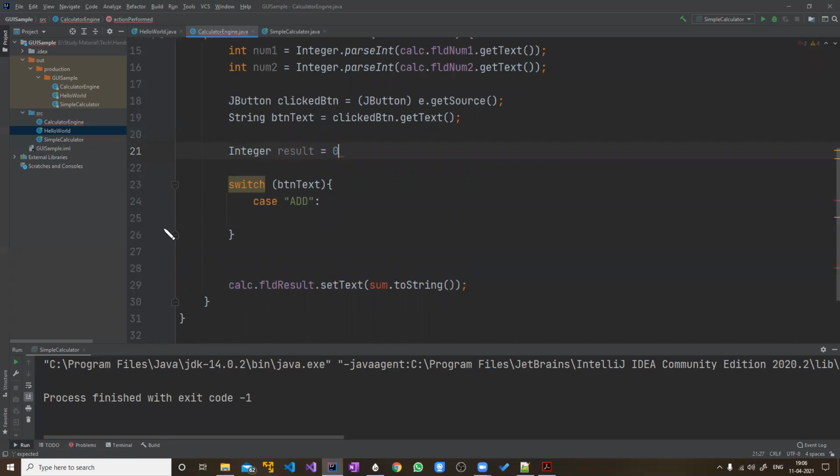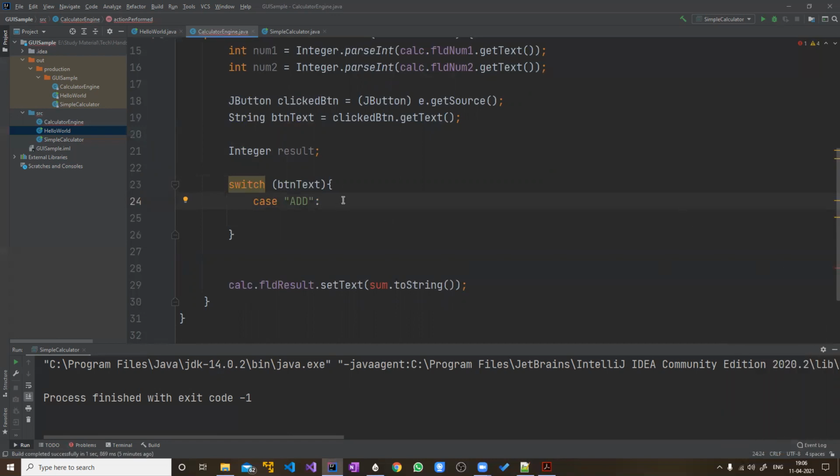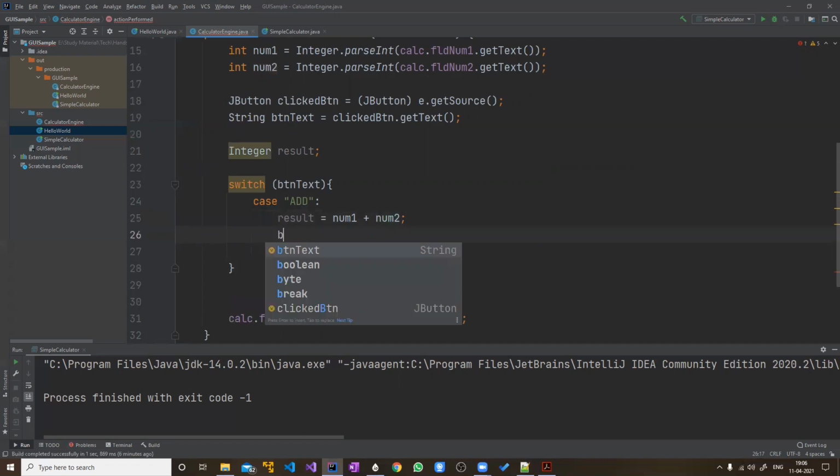Let's set it to 0 initially, or we'll see what happens if I don't set it to 0. Case add, other case will be diff. Add is the label there. So if it is coming from that button whose text is add, then we will set the result to num1 plus num2 and break.